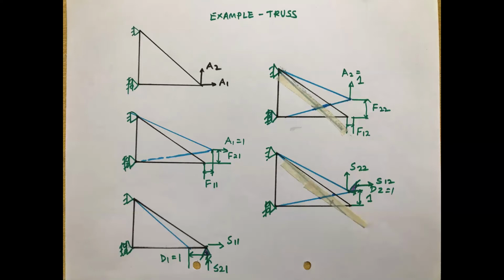First I have applied unit displacement, and a unit displacement does not happen just like that. There should be some force. And I am not talking about A1, A2. Those are original forces, external forces. I am talking about artificially pulling that joint. So that pulling is not because of A1, A2. That is something different, something artificial, that is virtual. So I have introduced the force in vertical as well as horizontal.